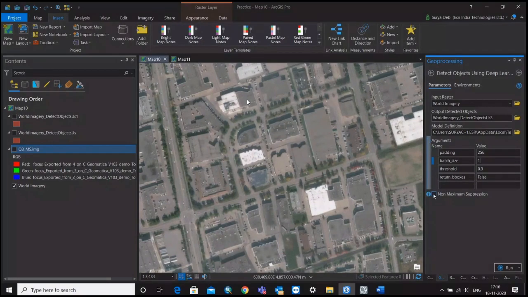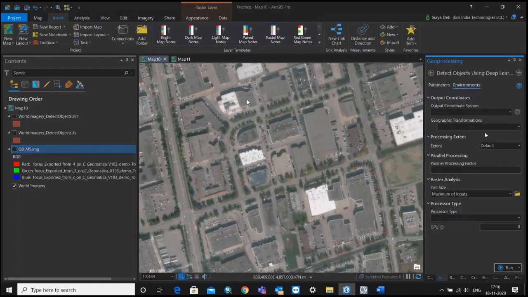And you make it non-maximum suppression. Here you have to create a class, and on the basis of these batch files you have to do some other modifications under this environment. You need not give the coordinates, because it is already registered, so it will take that coordinate system. Here you can change the extent. If you make it default, it may run over the full image, so don't do that, otherwise it will take huge time to run the total, or your system may hang.